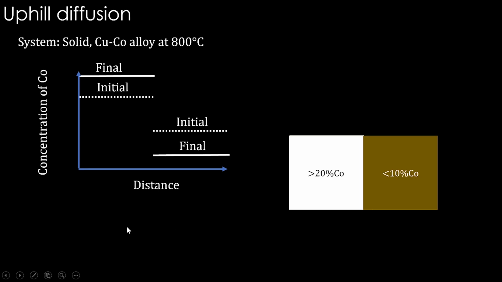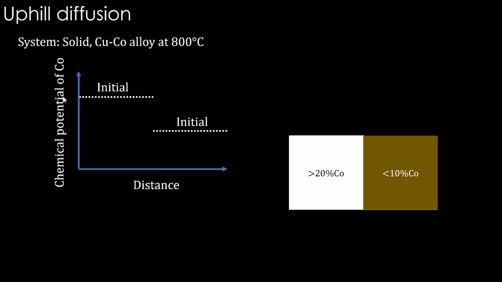So instead of concentration, let's talk about chemical potential, not Gibbs energy, because chemical potential we can put for each element, right? How is it in its initial state? How is it in the final state for an element? Okay. So if we bring that into the picture, the chemical potential of cobalt initially is like this and like this. Chemical potential of cobalt is high here and low here, when the concentration is 20% cobalt and 10% cobalt. Okay. But when it becomes even higher cobalt, even lower cobalt, what happens is the chemical potential becomes uniform everywhere. Okay, so this is where Gibbs energy is minimum.